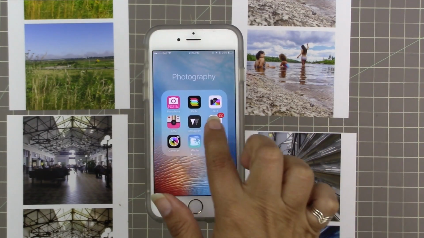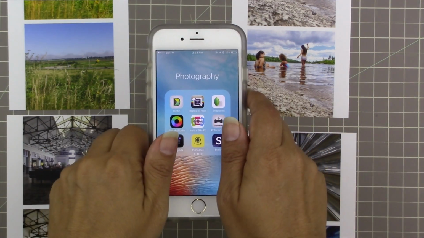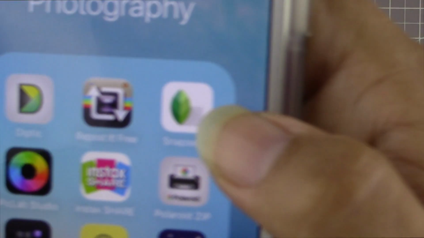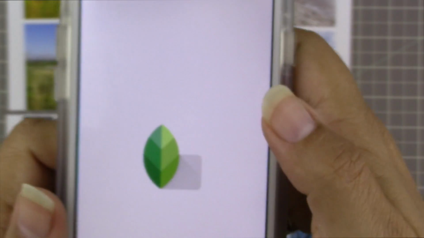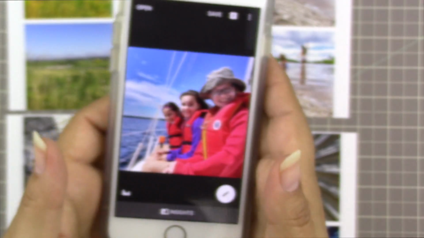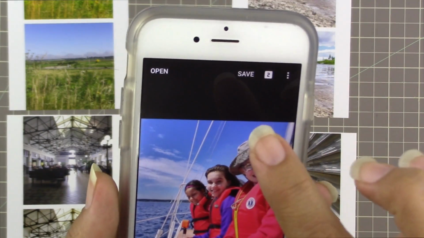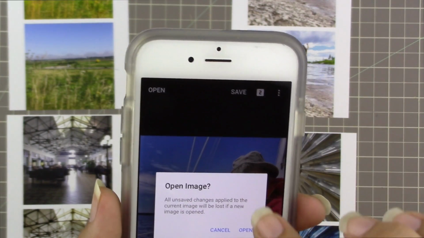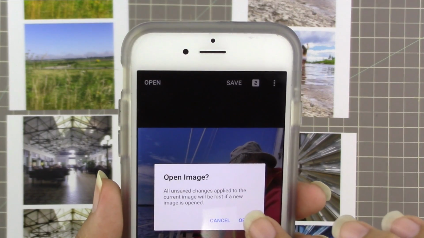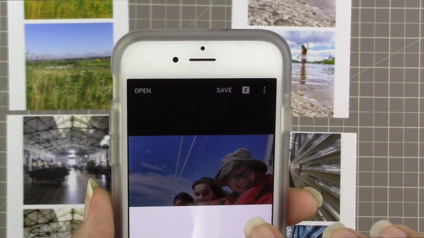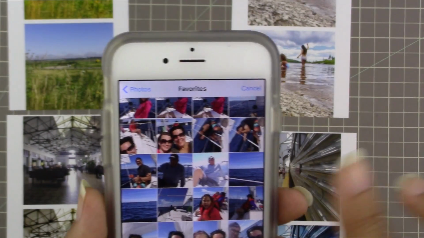So I go into photography, and the Snapseed app looks like this. It's this white one with a leaf. I'll show it to you up close. It's this one right here by my thumb. I'm just going to open it up. It starts with my last photo that I played with in there. In order to start a new one, I'm going to press open. It's just warning me that I'm going to lose my work if I don't save it, but I already saved it, so that's okay. I'm going to open from my device, and I always open from my favorites,